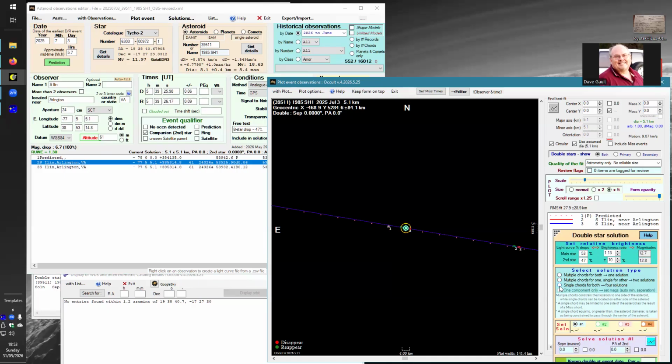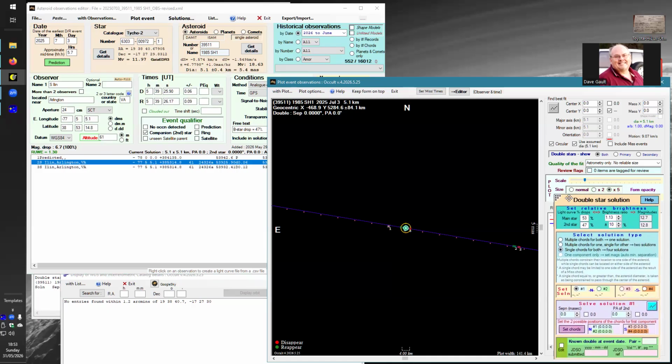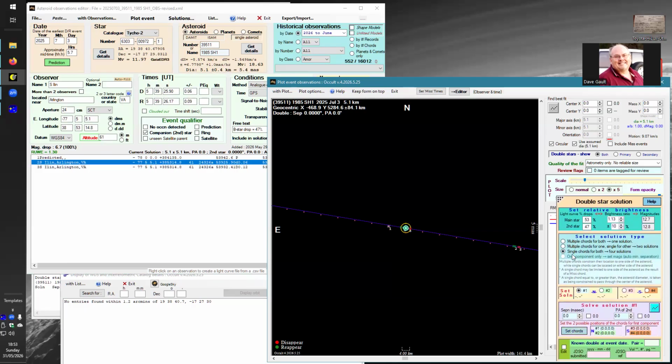So we select the 4 solution fit. Now, the first thing you need to do, and it's blinking here to remind you, is for the A star, that's all right,